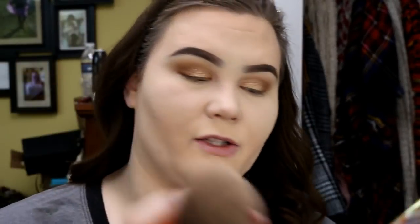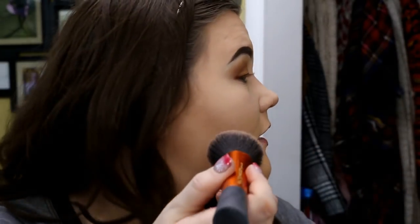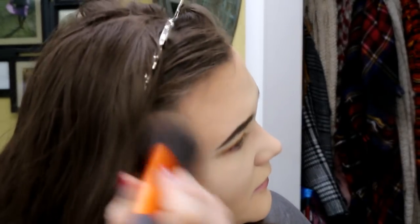Okay, I'm not going to take the time to dig for the brushes in the BH kit. I'm going to go in with my normal bronzer slash contour brush here. I'm just going to tap into that, and we're going to go. Warm up that skin. P.S. It was already pretty warm because I went in with one of my